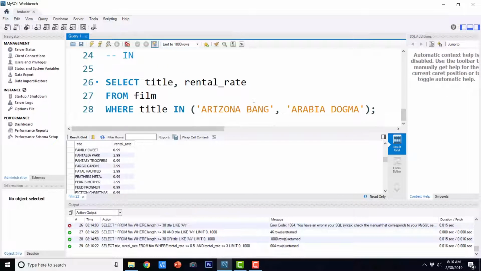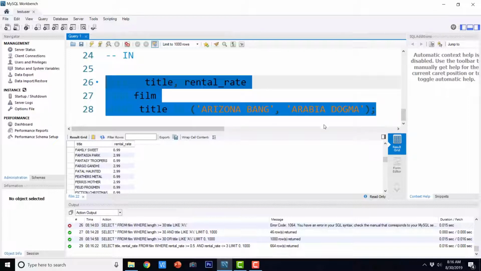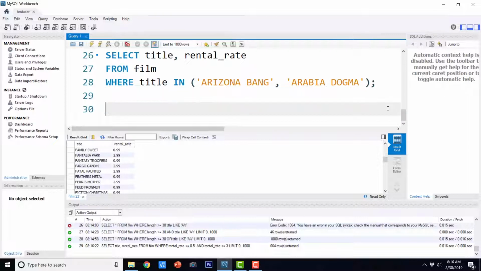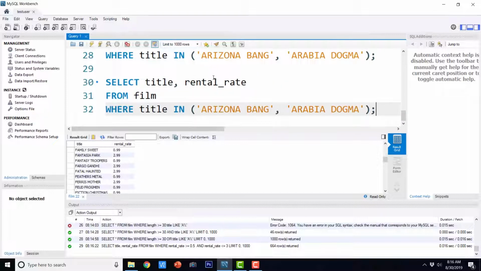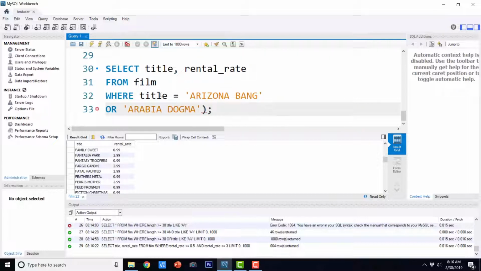And similarly, we have a query that utilizes in. So I'm just going to copy this and I'm going to say title exactly equals to, or, title exactly equals to.